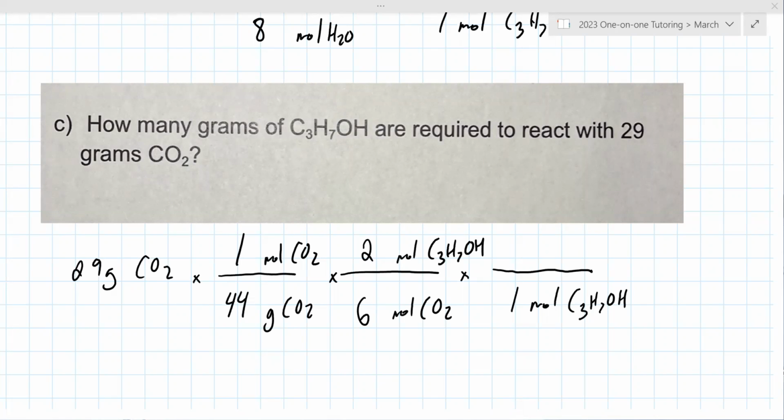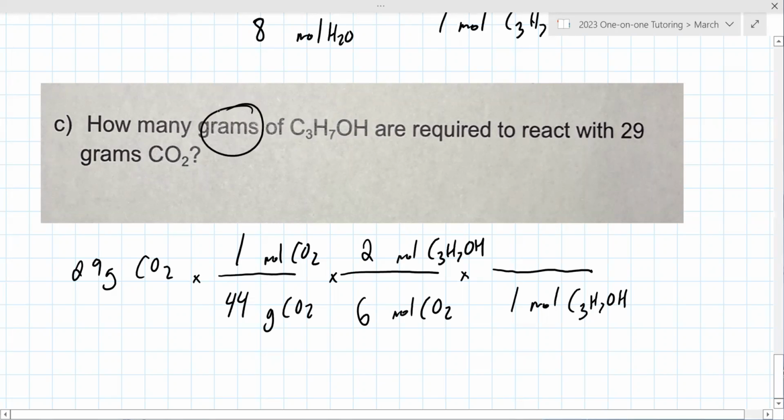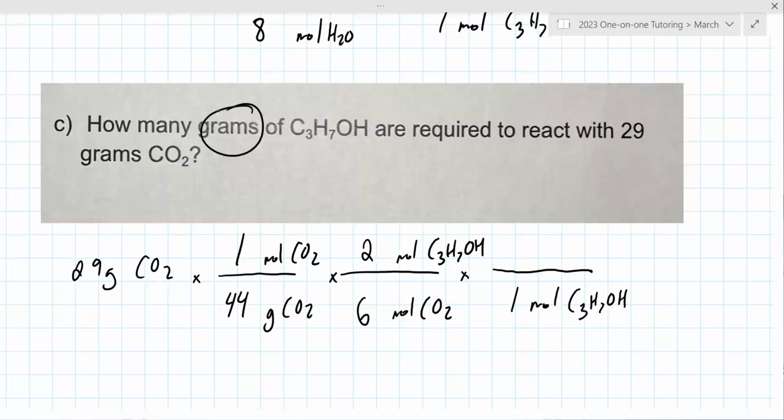So I got after I did the 1 mole CO2 above the 44 grams of CO2, multiplied by 2 moles C3H7OH above 6 moles CO2. Good. You're almost there. You just got to do that final molar mass conversion. 1 mole C3H7OH